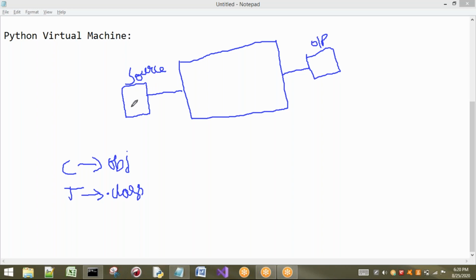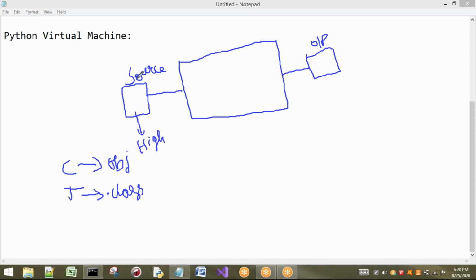Now I am sending this file. This is in which language? Who can understand this? Humans. It is a human readable language, so I will consider it a high level language. What can your system understand? Your system can understand only a low level language, which is nothing but zeros and ones. So some converter should be in between. This converter has to tell our system to execute this program.